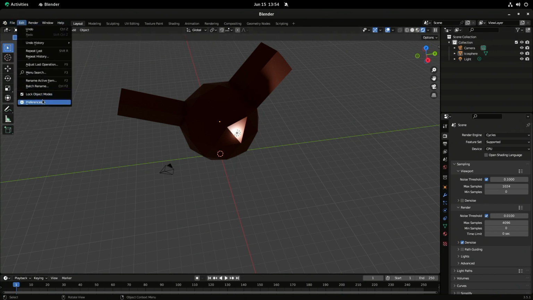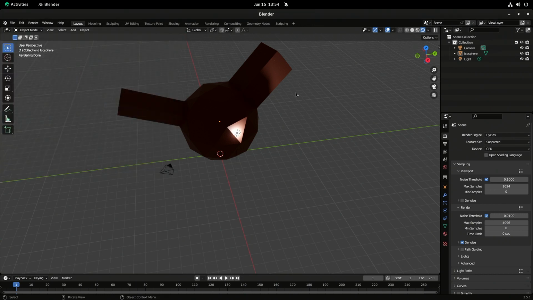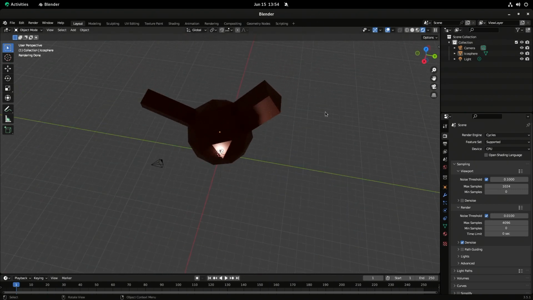But anyway, it's pretty simple. I have got it set up here to take advantage of my 1050 Ti and my Ryzen 3700X, both of them. And it works. I don't really have much else to say. If you want to check it out, please do. There's a lot of really cool stuff that I didn't touch on. I'm not an expert in Blender, but I do think it's really interesting. It's open source software. It's completely free.